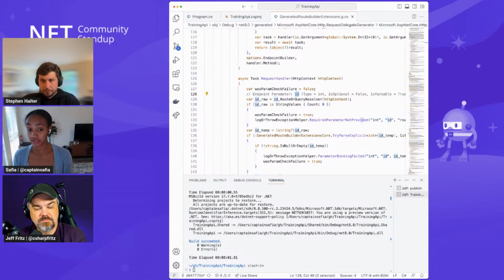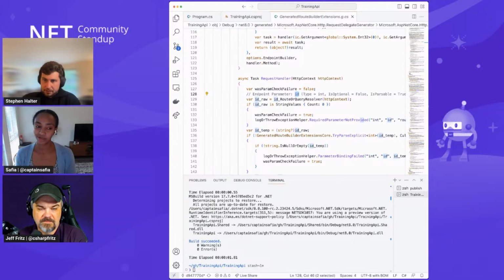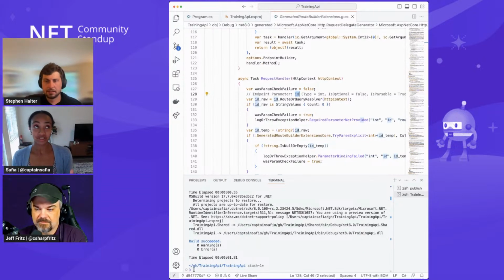So the generator is incremental. It takes advantage of some caching properties. And then also we have it benchmarked. So you can find the benchmarked code for the generator in the ASP.NET Core repo. And we try to make sure that in its actual implementation, we take advantage of caching. For example, I mentioned that one of the key properties is that we inspect the types in your application to determine what kind of shape they have and how we might bind to them. And we actually will try and compute that only once and then cache it.